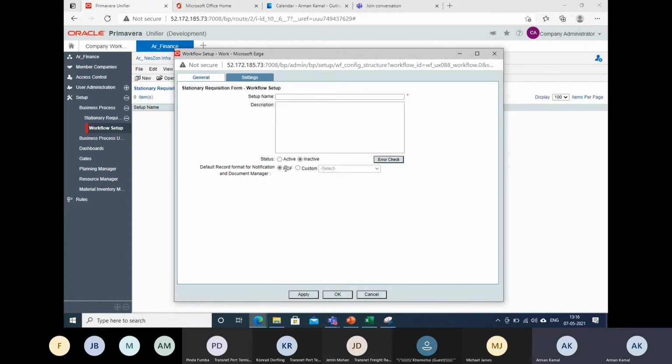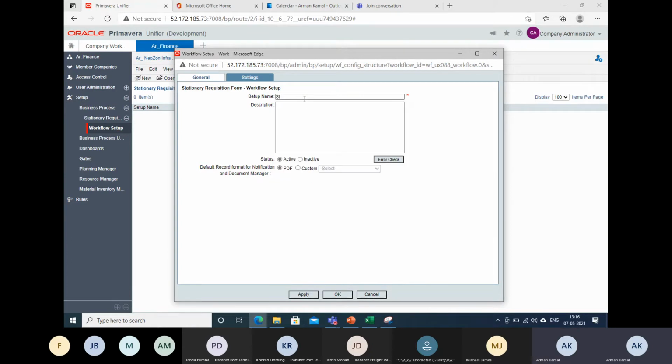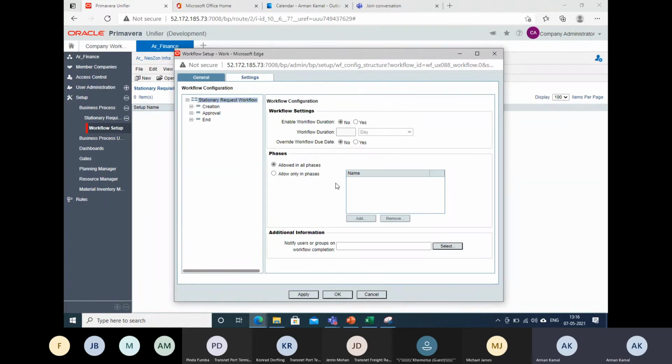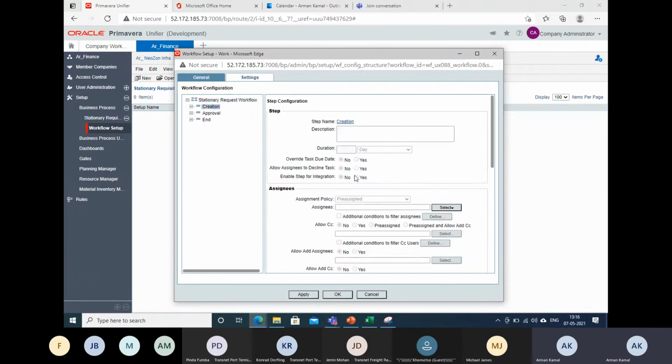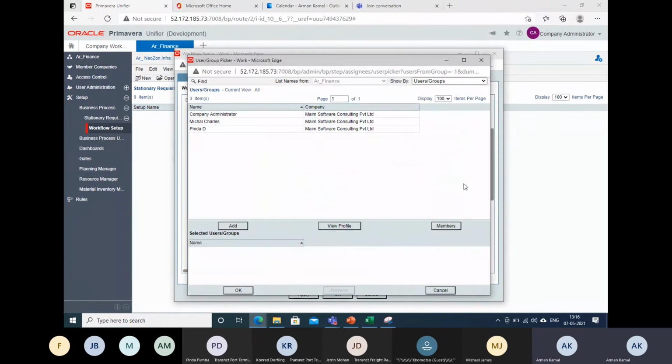Okay, I will make it active. I will name it stationery request form. I will go to the settings. This is very important, this is where I need to provide access. Who is the requester? I will go to the creation and go to the user picker.